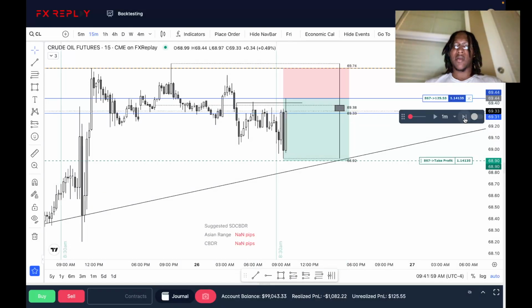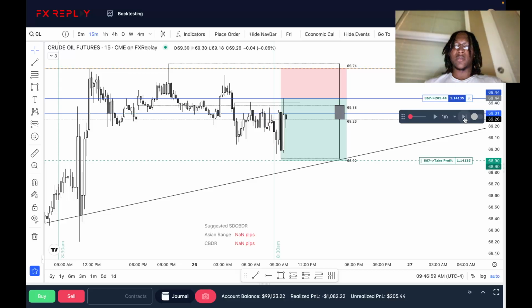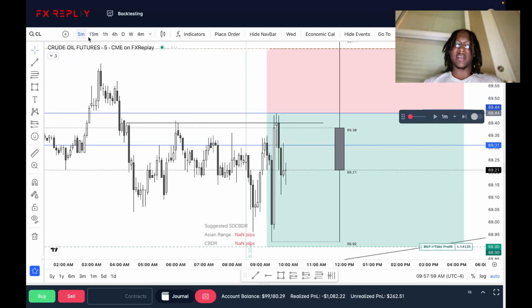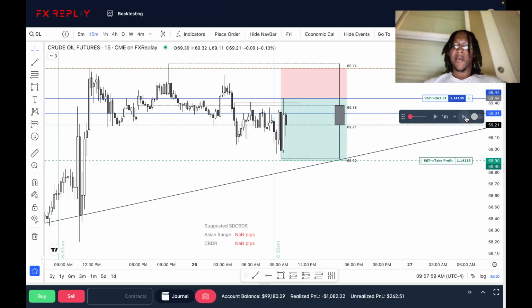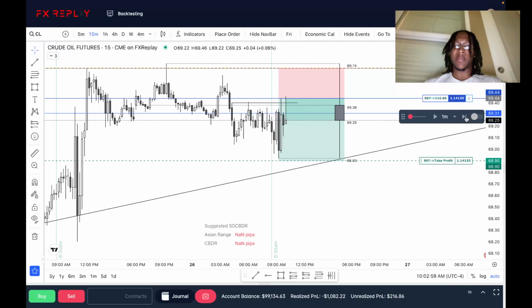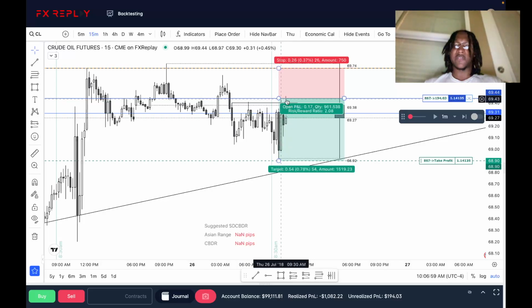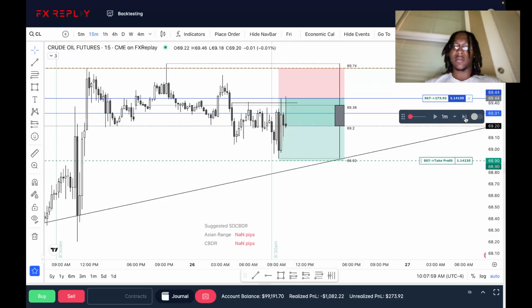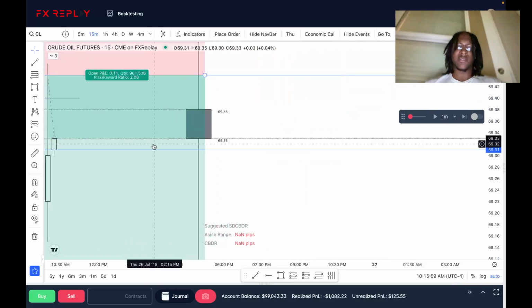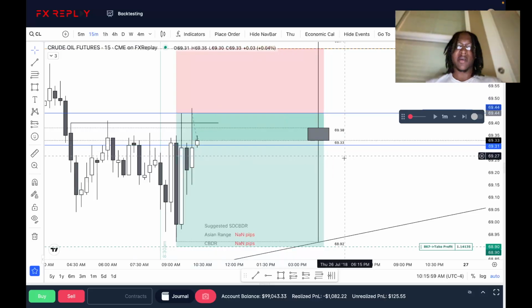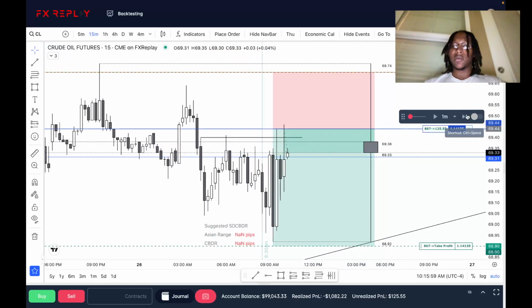We get tapped in. Price starts dropping a little bit. Because we failed to close above this high here, I'm going to look at that as reasoning to trade lower. We get another tap at the highs there. Still looking like it's failing to close above. Because it failed to close above this here, I want to see if we can continue lower.